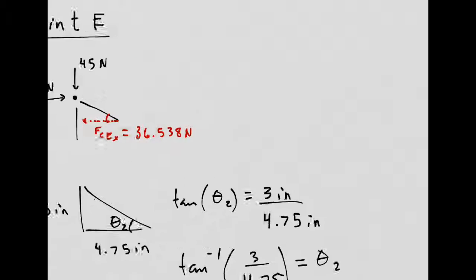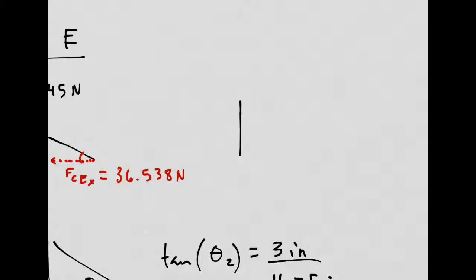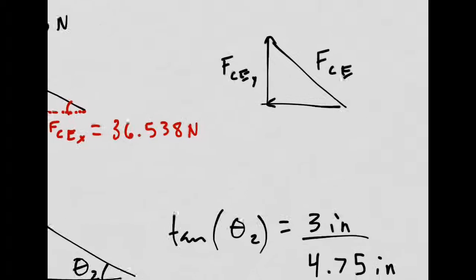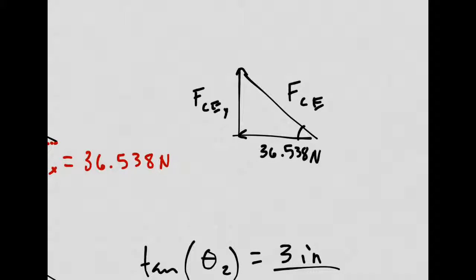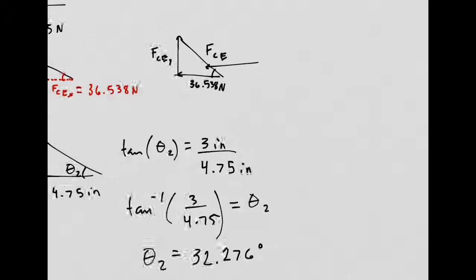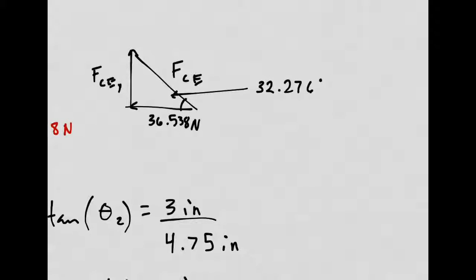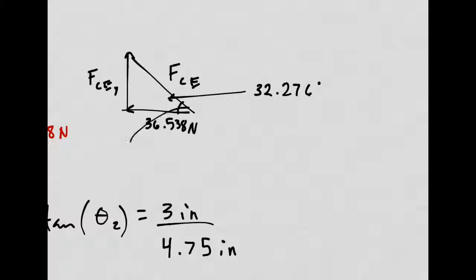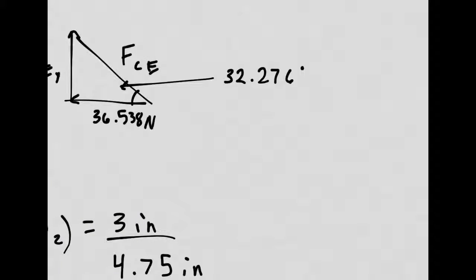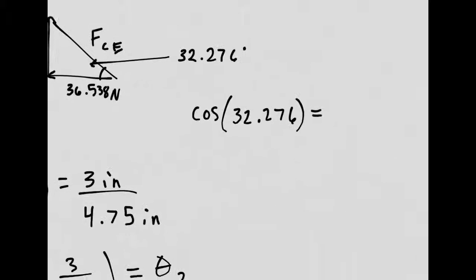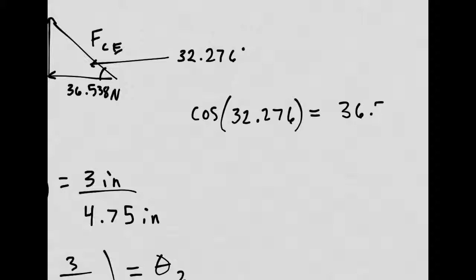So that's great. I'll draw that triangle. There's the y component, that's FCE in the y direction. There's FCE. And the x direction I already know to be 36.538. And the angle, I just figured that out, that was 32.276. Okay, so if I want to figure out FCE, I use adjacent and hypotenuse, that's cosine. So cosine of 32.276 has to equal adjacent over